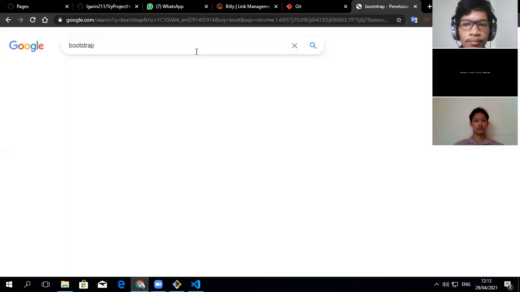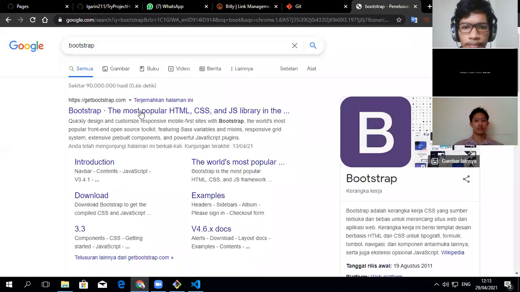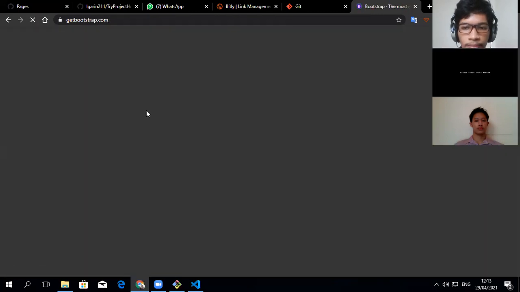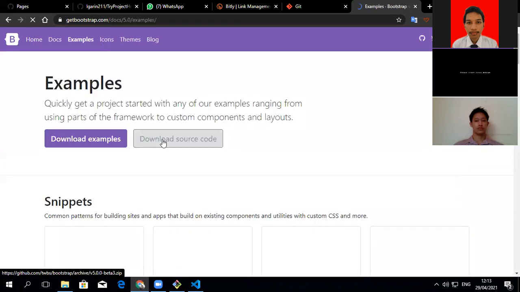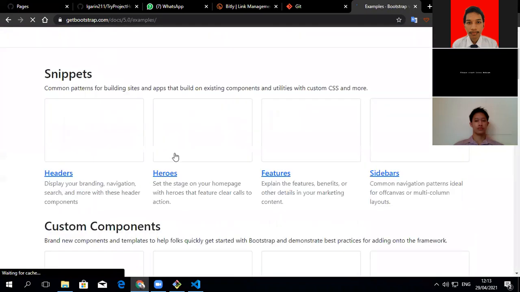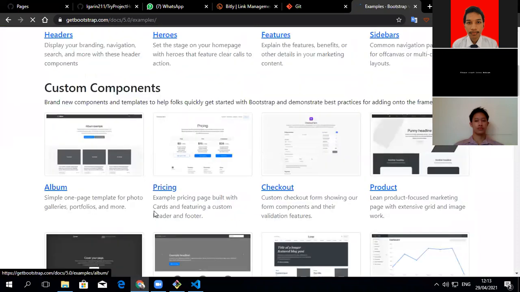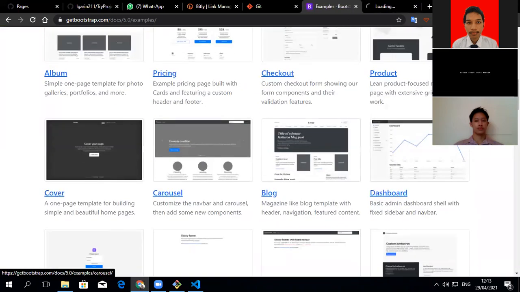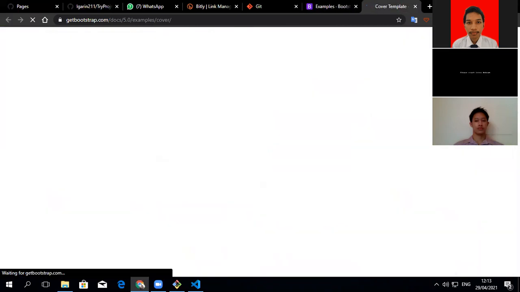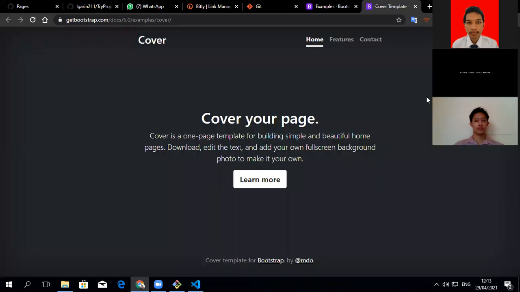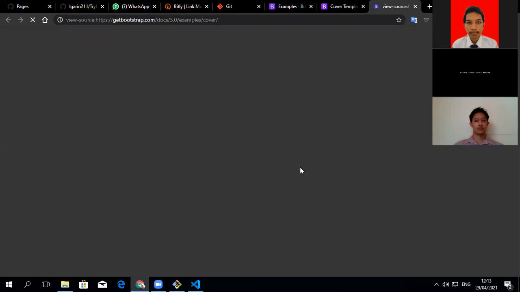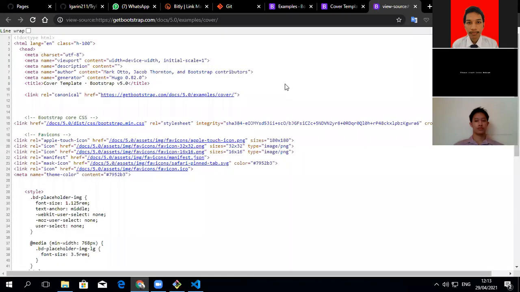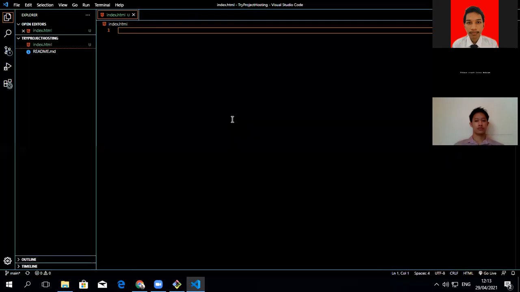I will copy what I want to build from Bootstrap. This is the Bootstrap documentation. I will try to copy an example project and go to where I want. After that, we just view the source and copy it, then go back and paste.